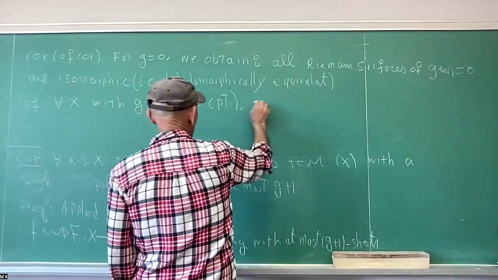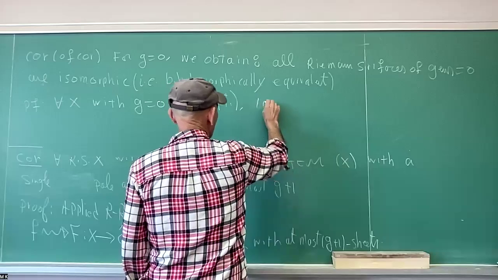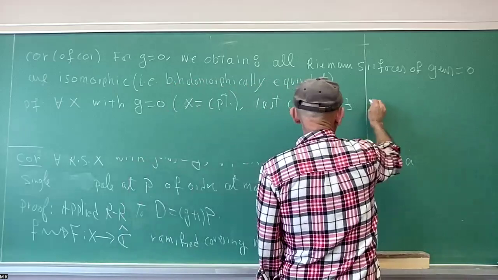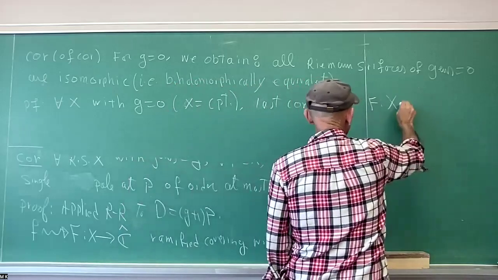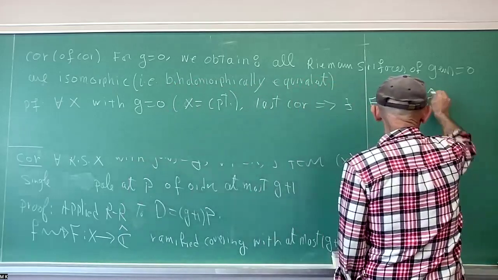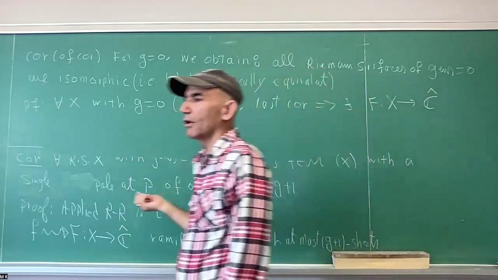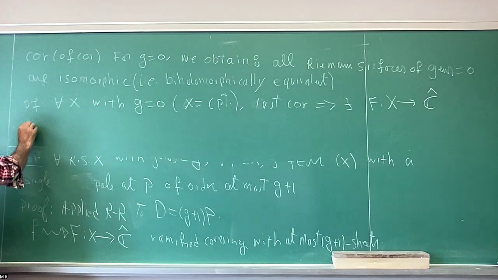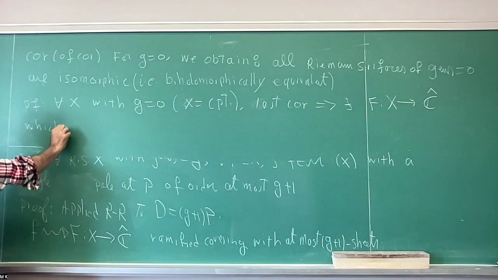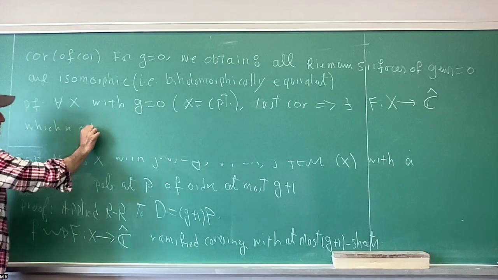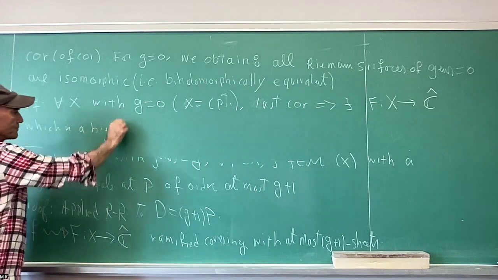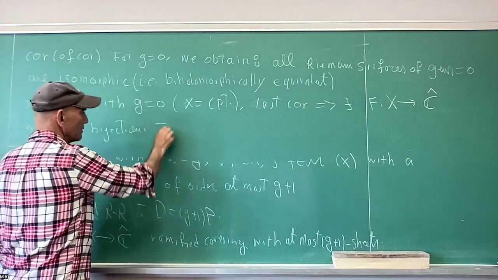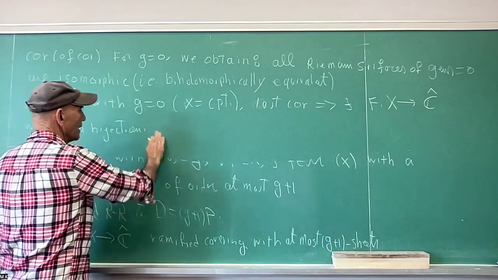Corollary implies that there exists F from X to C hat, which is a one-fold covering, so it means that it is a bijection, right? Okay, that's the end of the story. So then hence